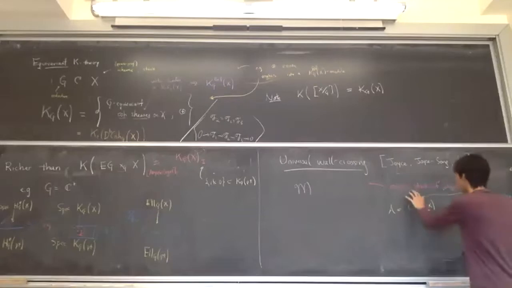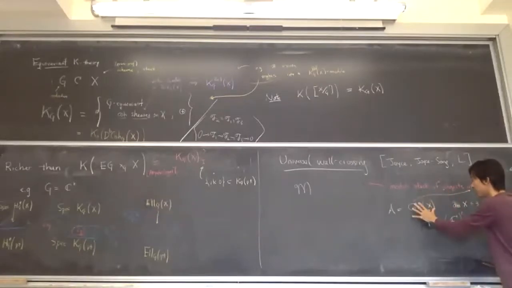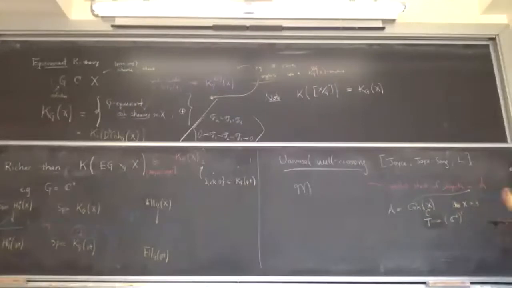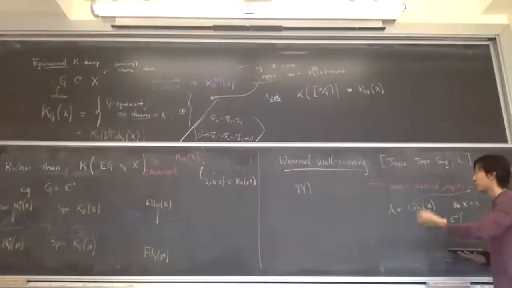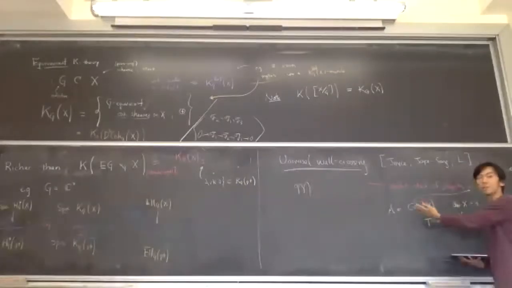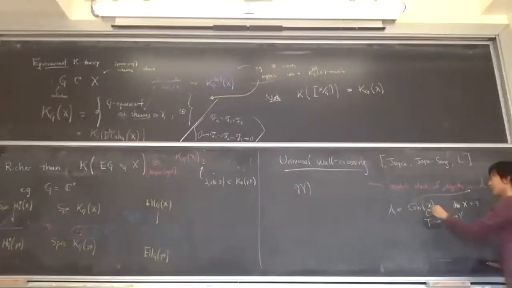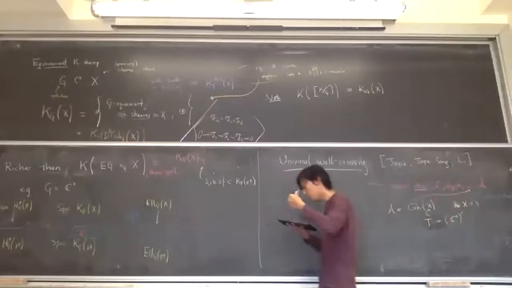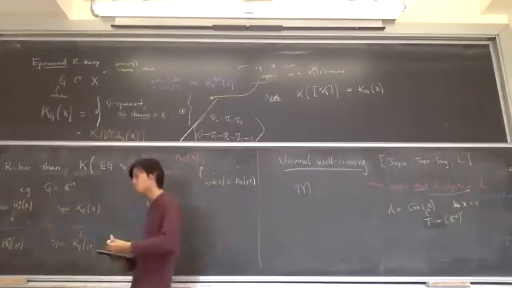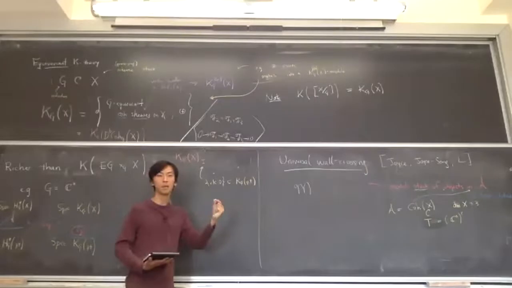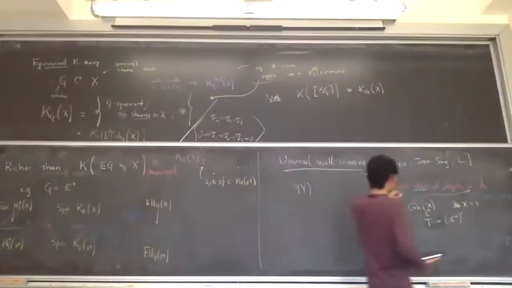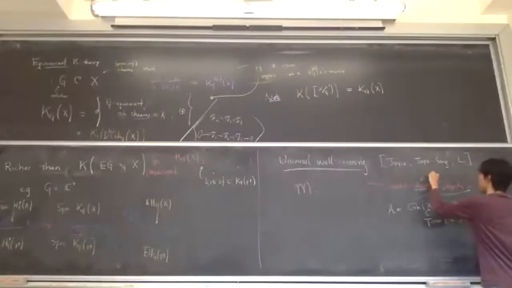So I'm about to say something. You fix your category, which for us now will be some category of coherent sheaves, and there will be some geometric moduli stack whose points correspond to the objects in this category. So it's like a moduli space. And the word stack here is just supposed to indicate that we're keeping track of the automorphisms of each object. So stack really means you record